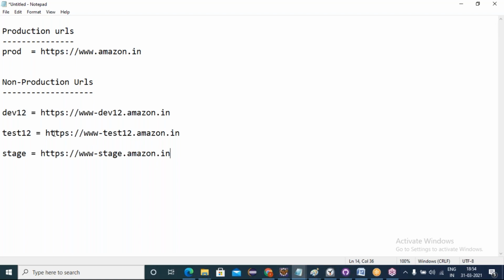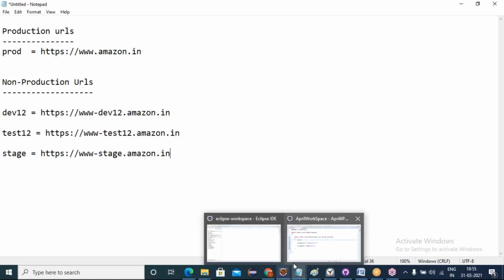Now, how can we get the instance URLs dynamically? That is the agenda. Now we are going to solve that. For this, we use the Properties class only. Again, you are using a properties file.